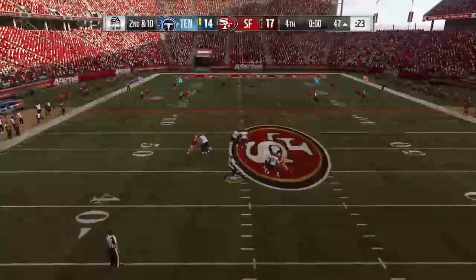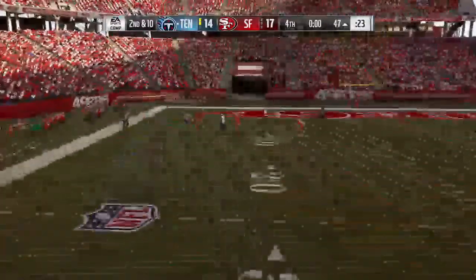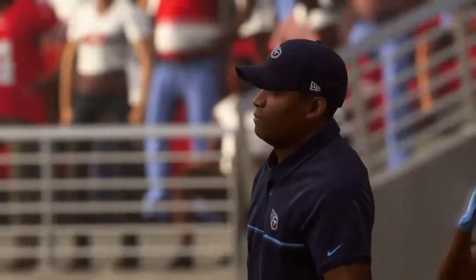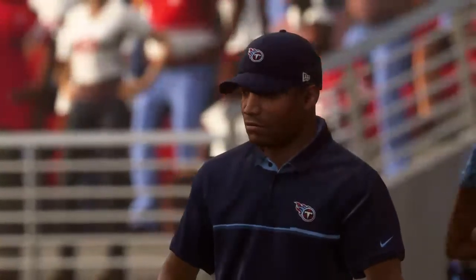One last shot now for Mariota. Now a desperation throw deep downfield. And it's incomplete. So their final drive comes up empty. And with that, the ball game is over. Well, Charles...